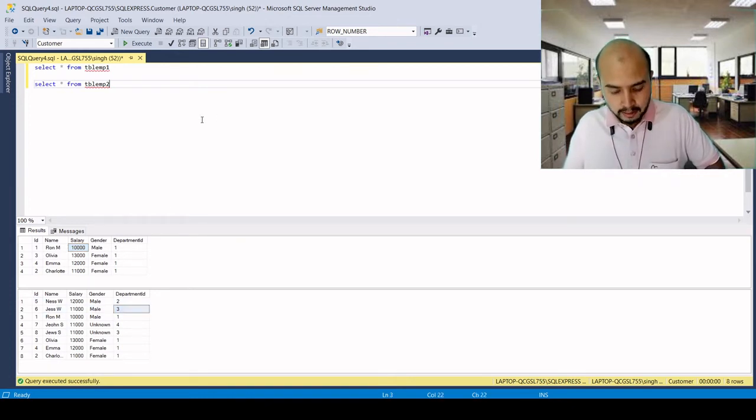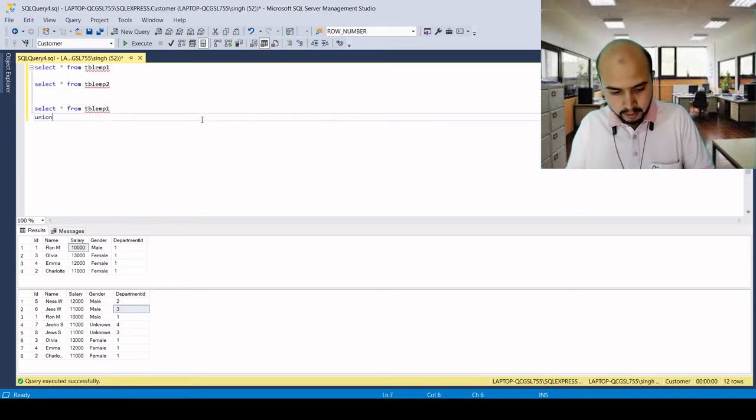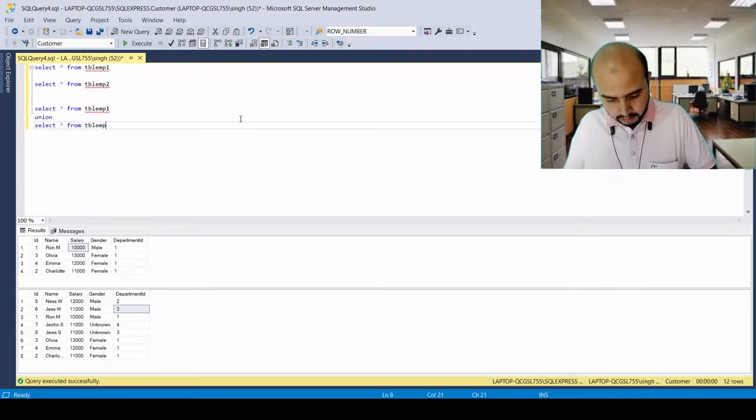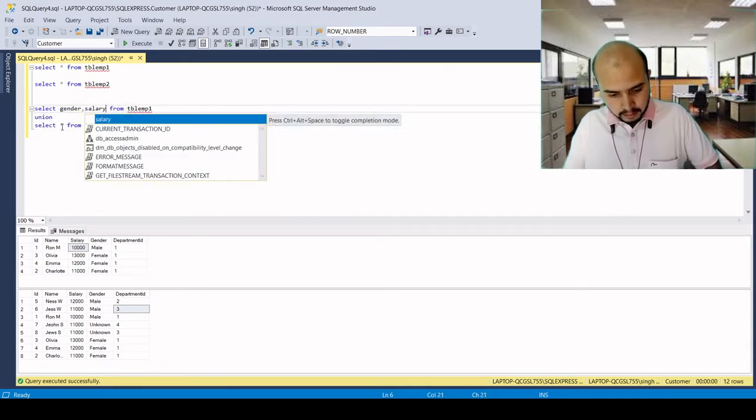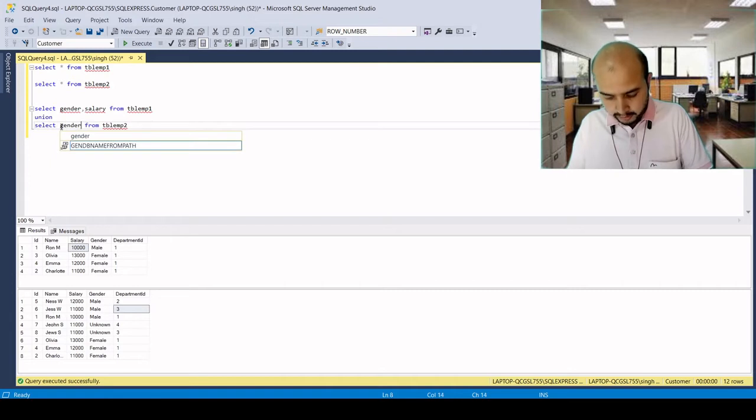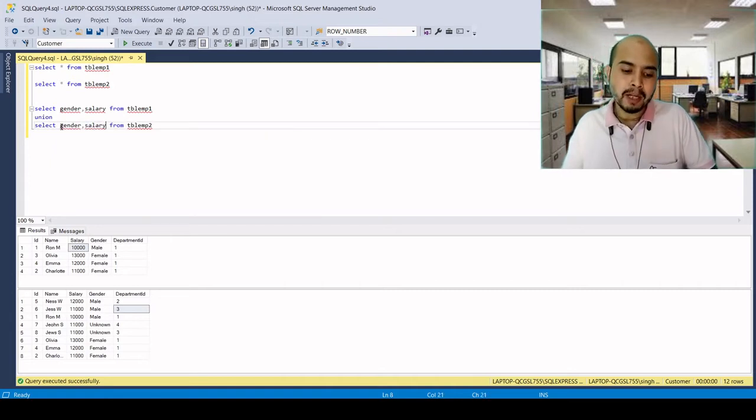So let's write union, and here I will use gender and salary. Here I will use gender and salary. We need to keep in mind that the number of columns in the first select statement should be equal to the columns in the second select statement.